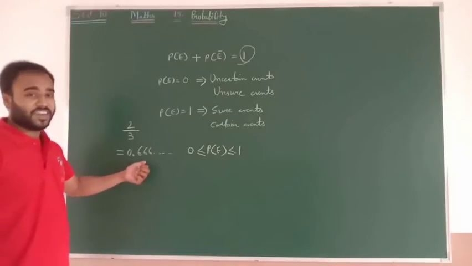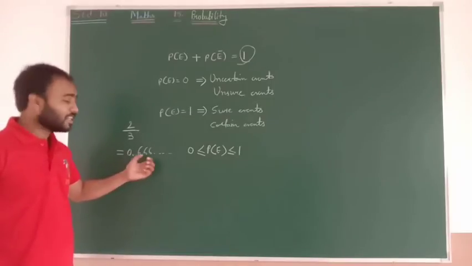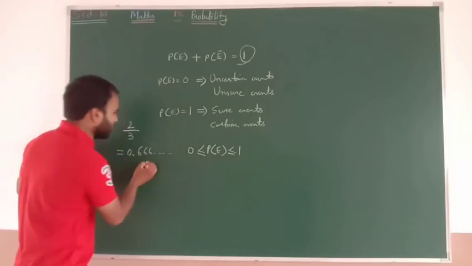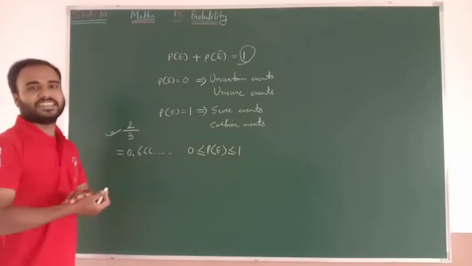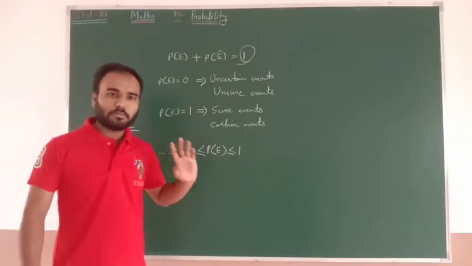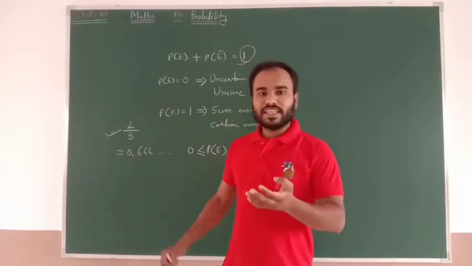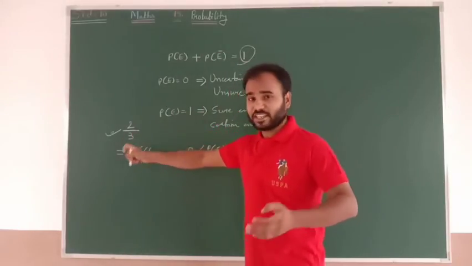So here we are not getting an answer less than 0 or greater than 1. It means our answer is between 0 and 1. So yes, this is an event for which the probability can